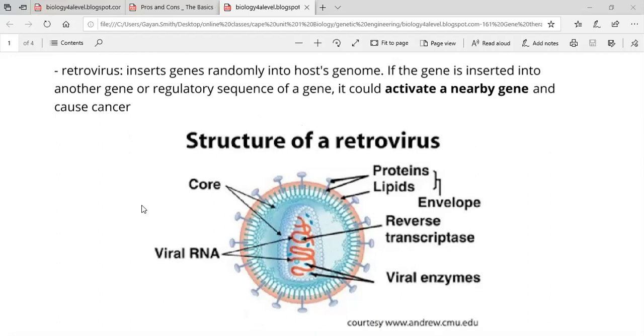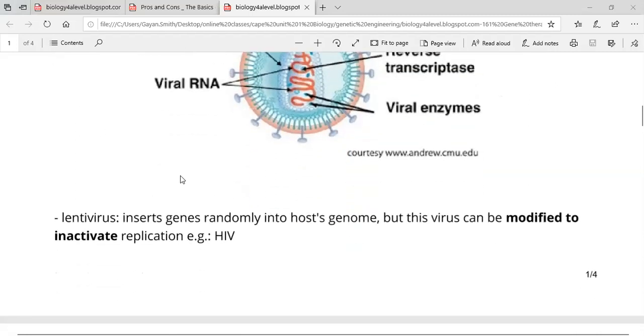In the early parts of this work, they realized that some of the persons they were trying to help developed leukemia and various other forms of cancer, and actually died from the cancer and weren't cured of the disease they were trying to treat. The virus is not very specific as to where it is going to insert the gene. It might insert it in the wrong place and end up leading to cancer. So that was one of the problems with gene therapy down the road.